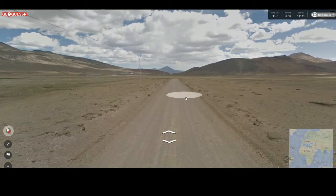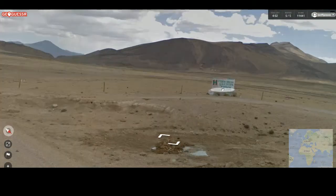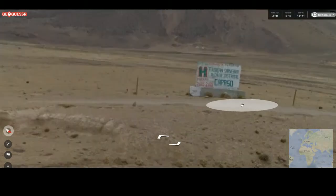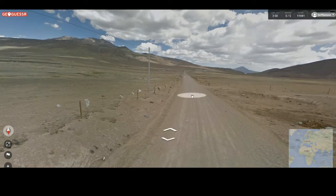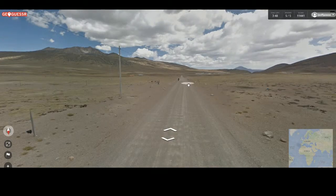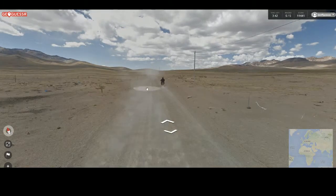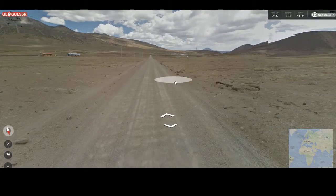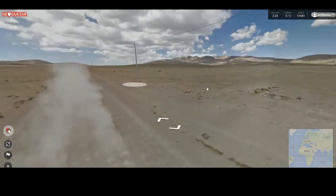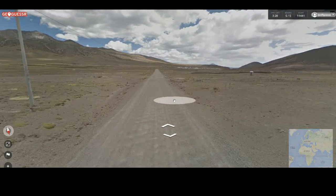Would be nice to meet another car. This should be able to tell us something. Oh. Freelanza Nestra Alcadre Distrial Capasso. Well, that's not Australia. That's probably South America. No, here was some guy on his motorbike. He's driving on the right, actually. Yes, the Google car is swerving across both sides. So then that means that we're probably in South America then. Well, that makes more sense with the mountains and the...